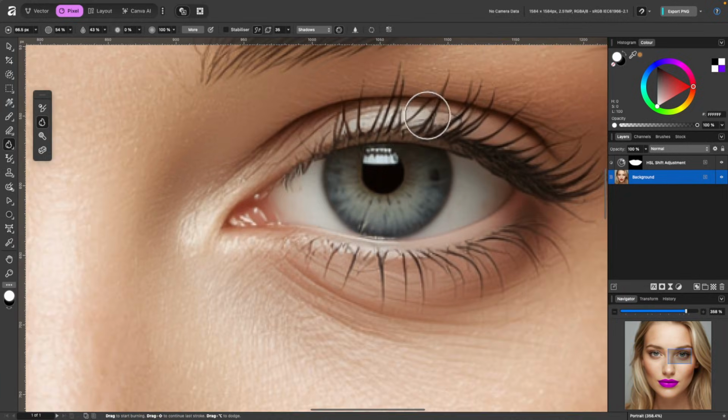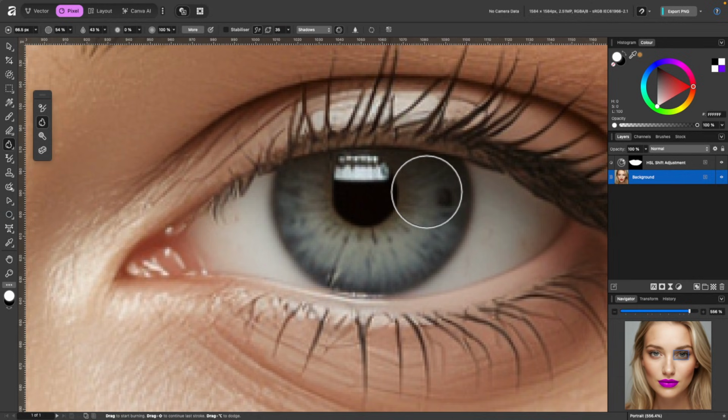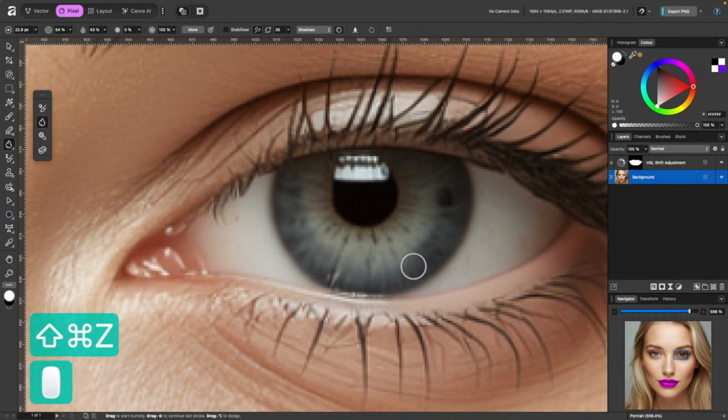So what I'm going to do is just zoom into the eye. I'm going to make my paintbrush a lot smaller. And I'm just going to try and burn around the rim of the iris just to darken it slightly. So I'm just going to click and drag. Maybe I'll make it a little bit bigger. Click and drag around. And I'll leave it at that. You can't really tell too much because it's kind of faint, but if I press Command Z to go back, you can see there is a difference. I'll hold Shift, Command, and Z to go forward a step, so just a little bit.